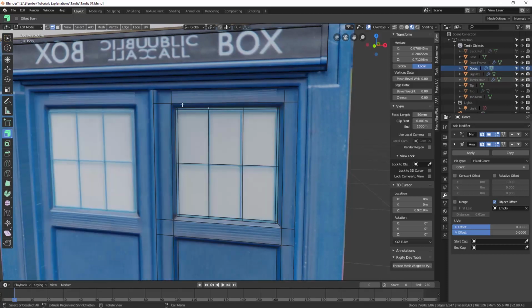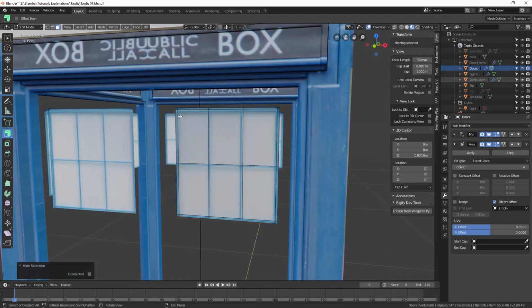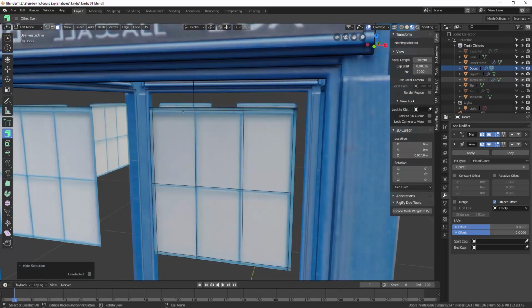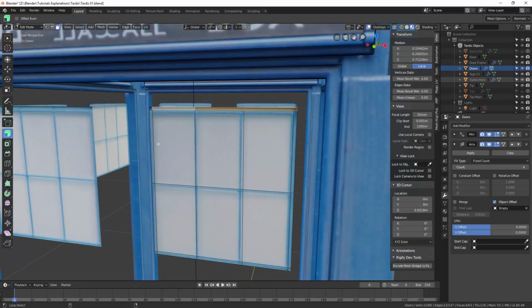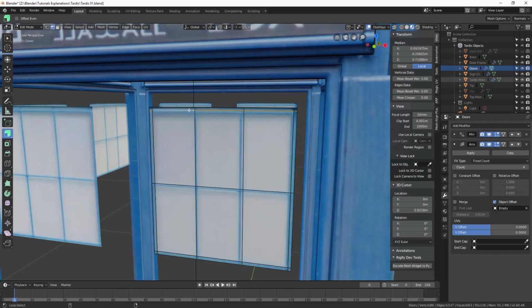Oh, not the doors. Control and L. I'm going to select everything apart from what we're working on, and I'm going to get rid of these outside. Delete faces. Actually, before I do that, what I want to do is bevel